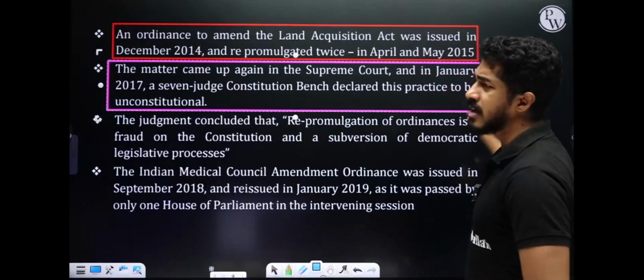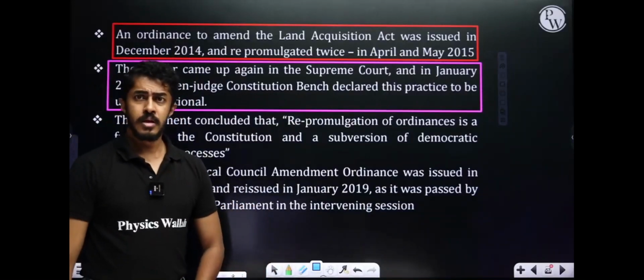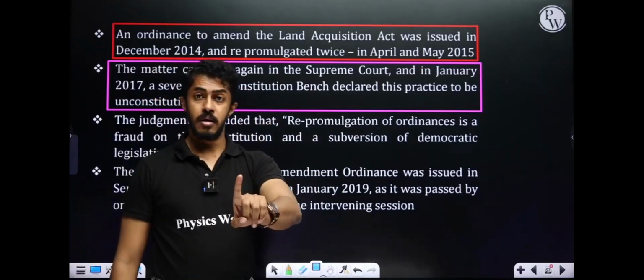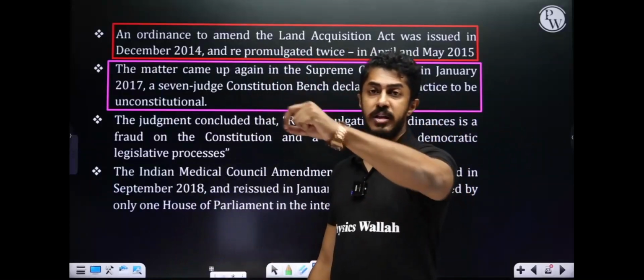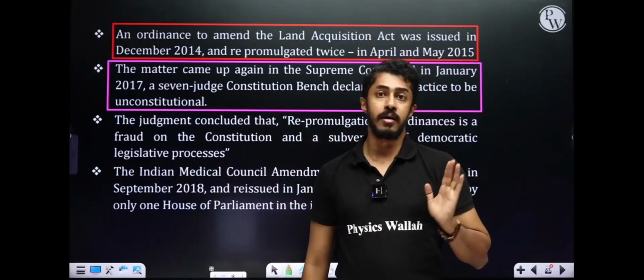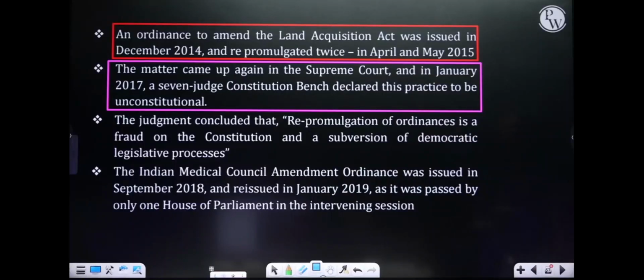The Supreme Court has been making it very, very clear since a very long time: ordinance is fine, but you shouldn't re-promulgate the same ordinance without even putting that bill in Parliament to discuss. The judgment concluded that re-promulgation of ordinances is a fraud on the Constitution and a subversion of